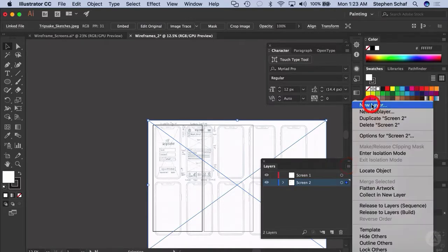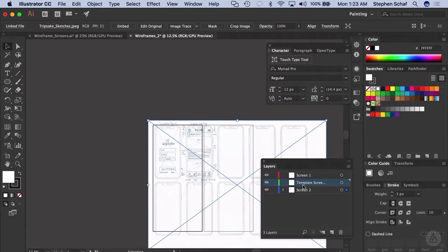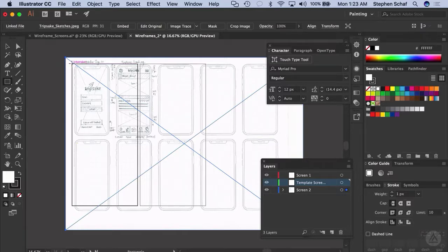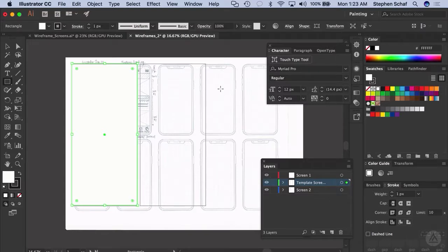Right now I'm doing the template, so I am just going to call this template screen 1. I'm going to keep this associated with screen 1. The other thing that I'm going to do on this same layer with the template is I'm going to draw a rectangle the exact size of the artboard, because I'm going to use that to crop the rest of the sketched image out. Now, it doesn't need to be exact, but because your sketch is rough,